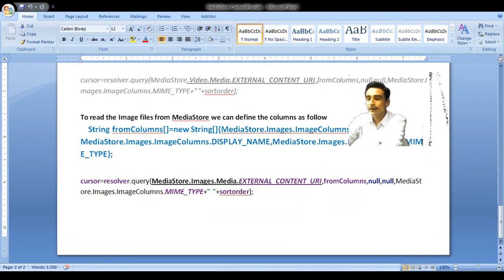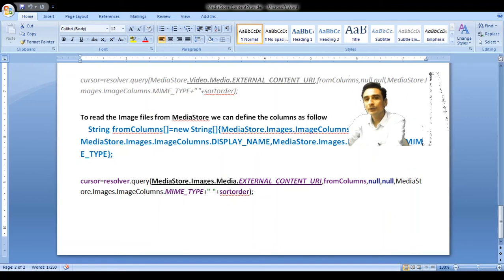In our activity, first of all, we will retrieve the list view with findViewById, R.id.list_media. Then here we should also define two arrays. One for from, meaning the columns of the table from which we want to access the data, and here we should initialize it.